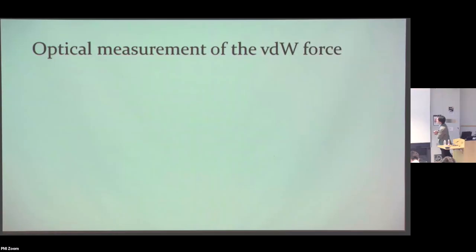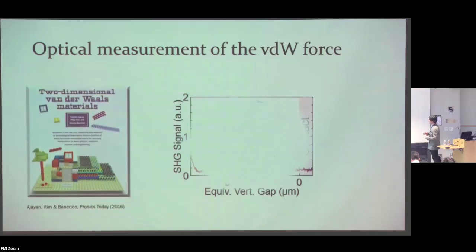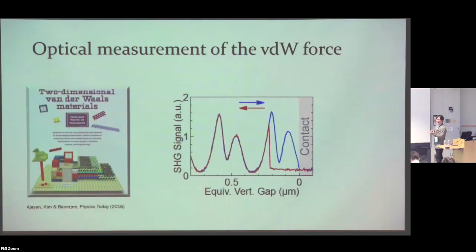And the other thing we can do is we actually now measure the van der Waals force between the 2D interface. People talk about these van der Waals layered structures all the time, but not very often do people actually talk about the force that bonds them together. Van der Waals force is not chemical bonding, so it's a relatively weak force, and we can measure that force basically by looking at the hysteresis when we approach the MEMS and then we retract.